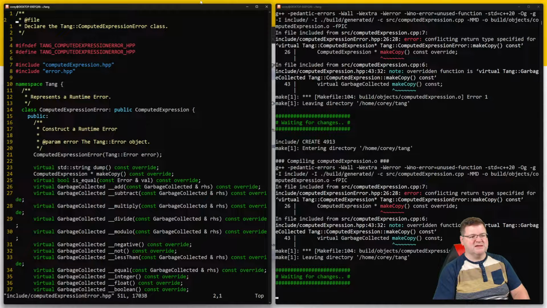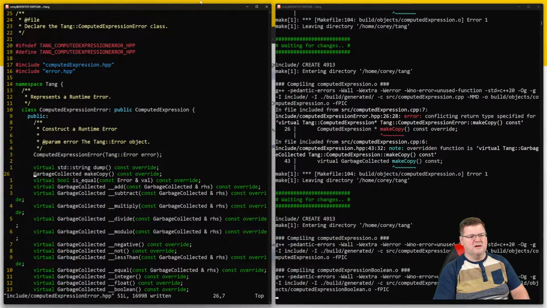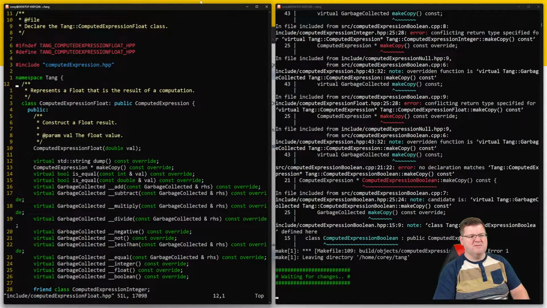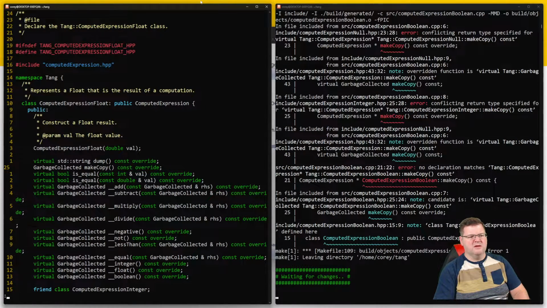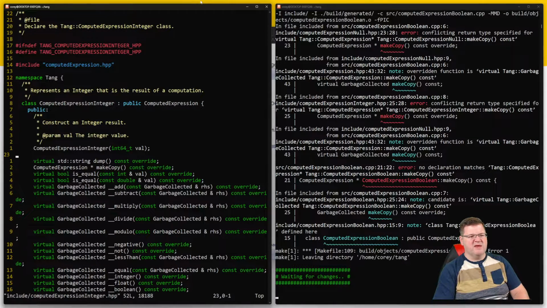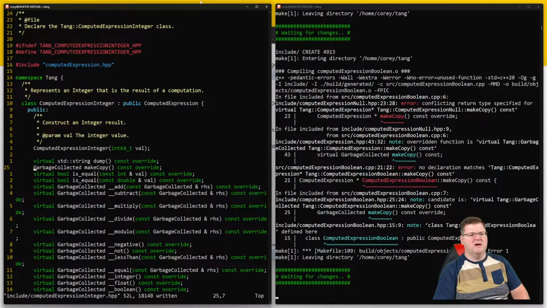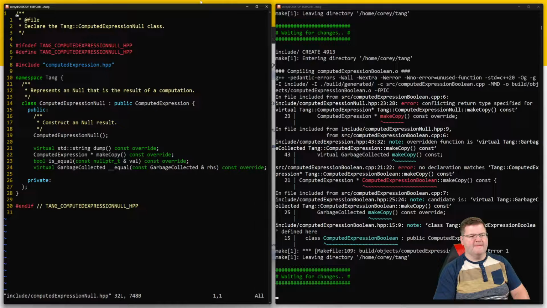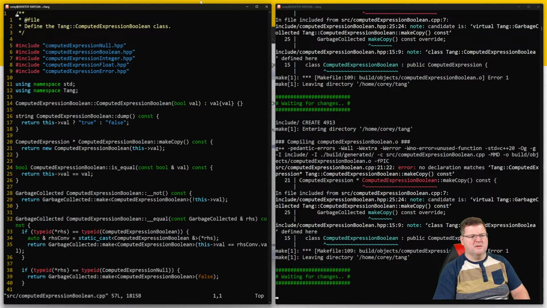So buffer next. It's make copy. Buffer next. It's make copy. It's the next one. This one's make copy. Okay. And this one's make copy should be that. Okay, so that was all the HPP ones, and now we've got to